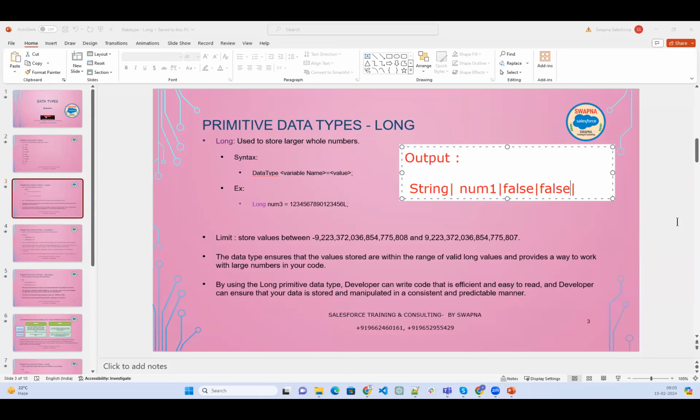Salesforce is going to give us the result like this. So this false, false or true, false basically shows whether Salesforce has identified it or not. There is a logic written in the backend, and based on that we will get the output. But this does not make a difference to our code. It only shows whether the allocation is happening at the backend or not.